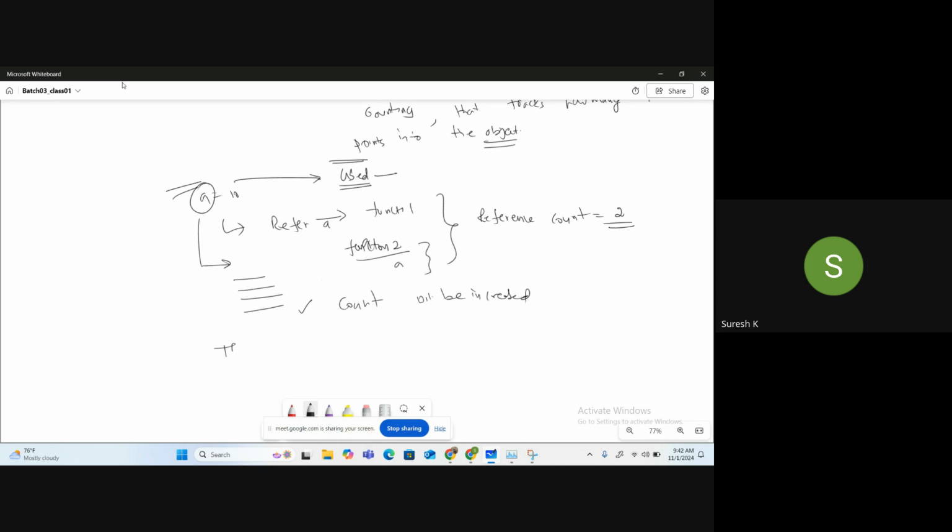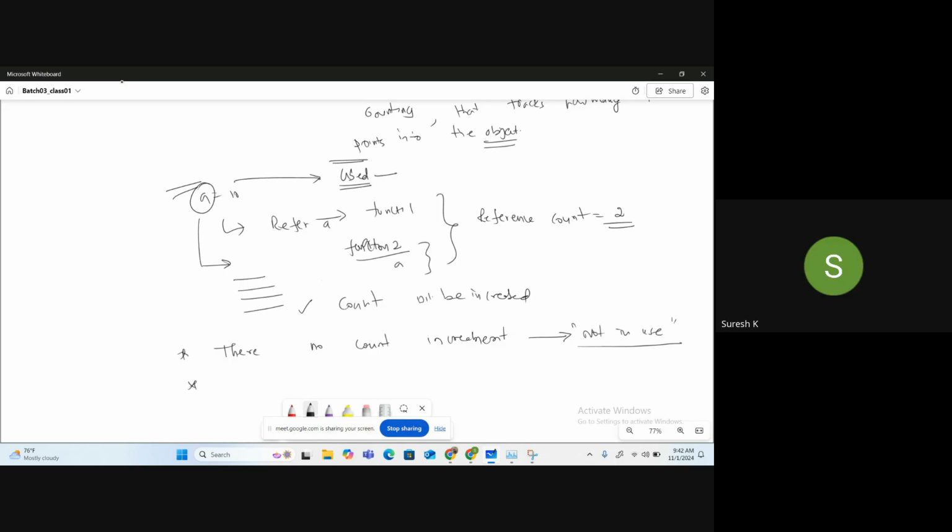If there is no count increment, what does it mean? Not in use. Yes or no? Yes or no, Venkat? Yes.